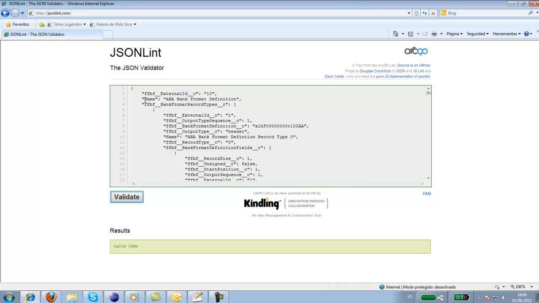to change. In my case, I want to change the name because I already have a bank format definition with this name. I will add just a number. And if you remember, this field, the external ID of the bank format definition, has to be unique. So we will have to change it, and if not, and we import this file, we will get an error message on the email. So